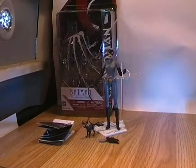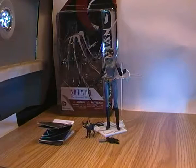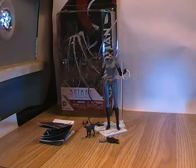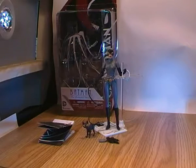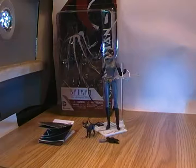This is the last of these figures I have for the moment, which is the Batman animated series Catwoman figure. I picked this one up recently at retail. The local toy chain store has only started bringing these out. I'm not sure if they're going to continue with them or if these are the only figures from that line we're going to get. But I did manage to pick up a few of them, which was Robin, Catwoman, and